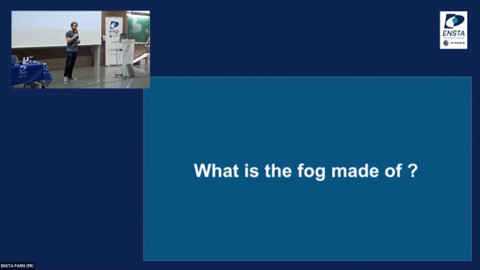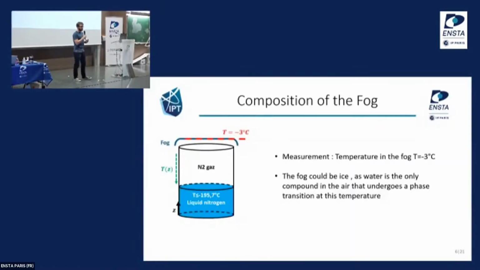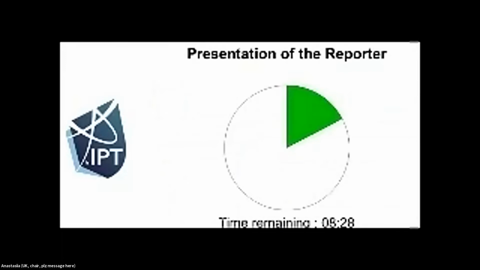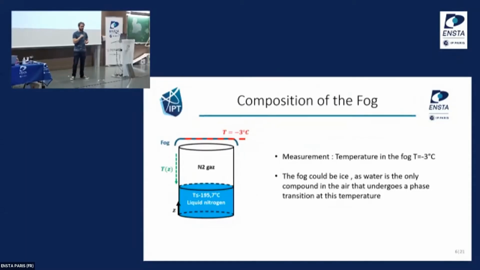Now, first question, what is the fog made of? So as a first experiment, what we did is we tried to measure the temperature of the fog. And we found out that it is about -3 degrees Celsius, but this is just about, well, 0 degrees Celsius. And at this temperature, the only component in the air that undergoes a phase transition is water. So what we did is